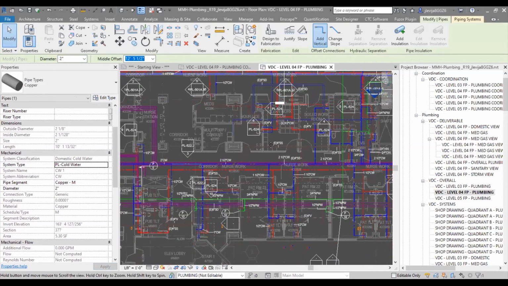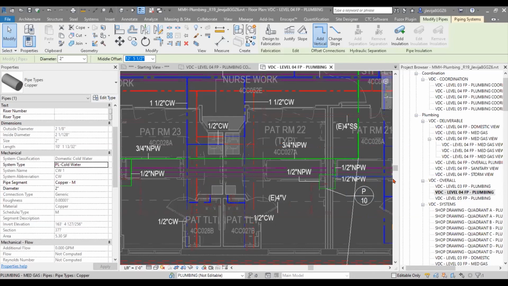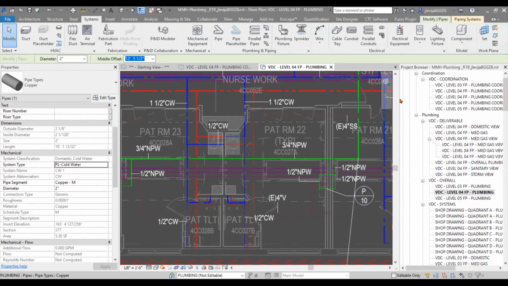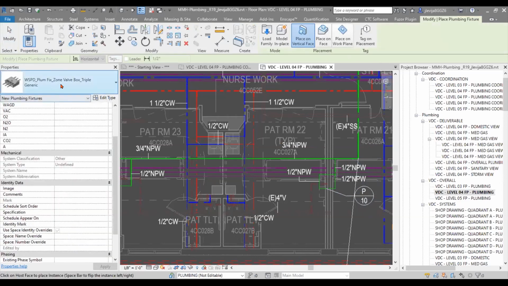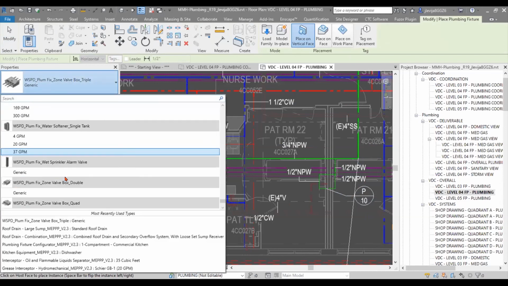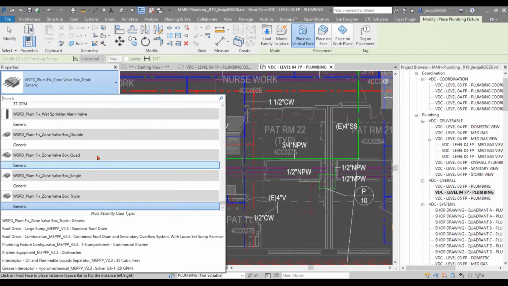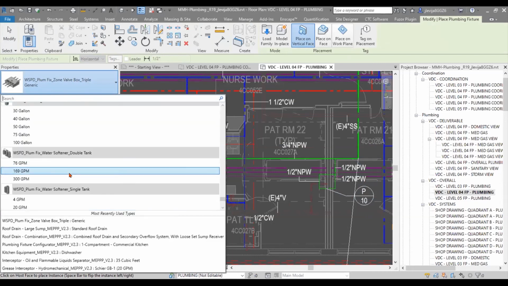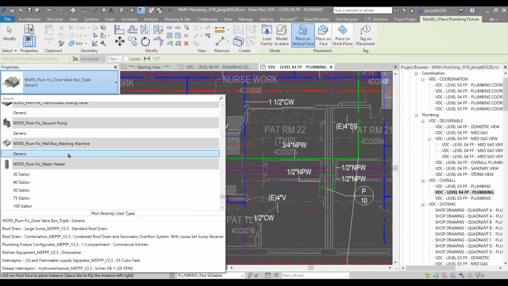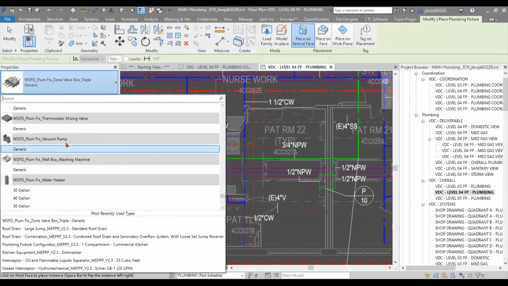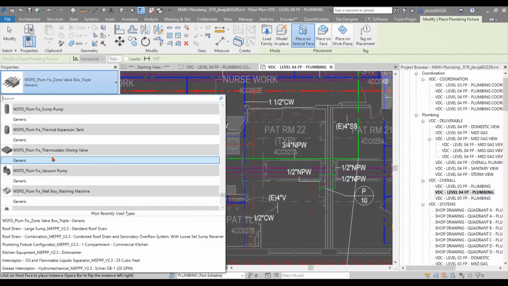Some things that I like to bring in, maybe some of our fixtures. So those will be some families that we'll bring in, and I'll go into our systems tab here, and I'll take a look at some of our plumbing fixtures. So we'll have some of our plumbing fixtures, maybe we'll have some of our boxes and everything along those lines for med gas, and so on and so forth. Those will be some of those items that we will make sure we'll bring across. The reason why we do that is because one, they're schedulable. Two, there are certain items that require clearance zones. Three, depending on the architect or the engineering firm you're working behind at this point,